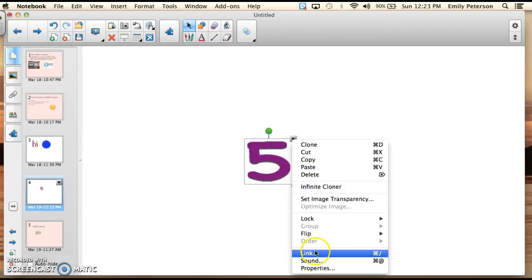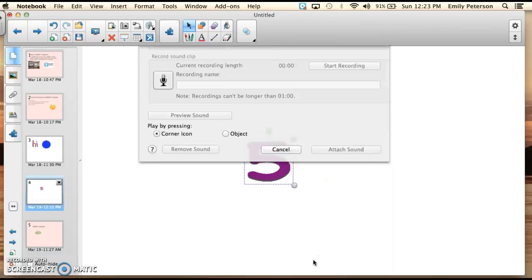Now this is kind of cool. We already talked about the link in the previous video, part 1, so I won't go over that. So this sound, you can create sound for an image or for anything. You can just insert sound if you would like. So I'll show you how to do that. So you hit the drop down arrow, hit sound,